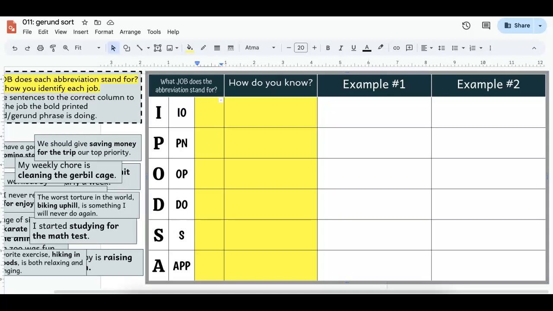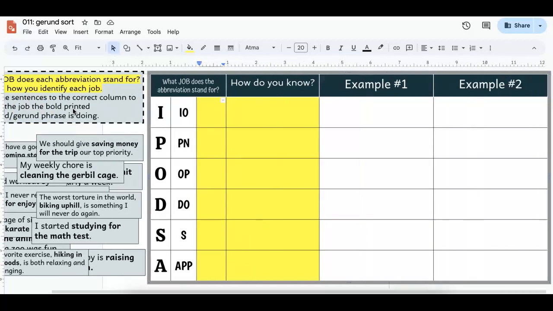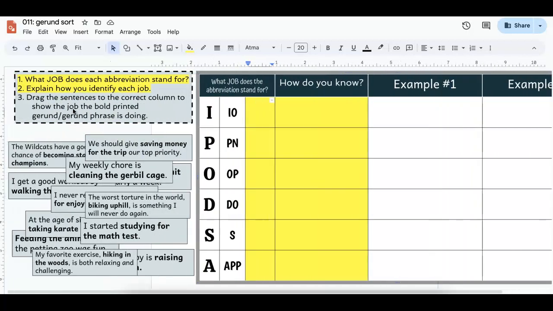Activity number 11 is posted in Google Classroom as well. The instructions are up here in the corner. You might have to shift over a little bit back and forth. Didn't quite fit on the screen. So number 1, in the yellow boxes, you're going to see that you've got to do some explaining, and this